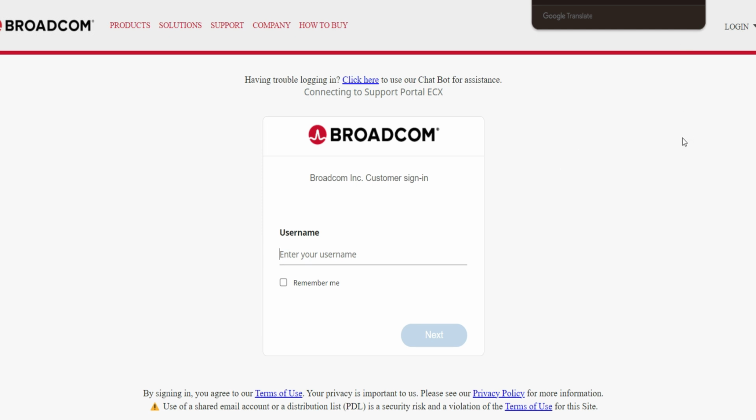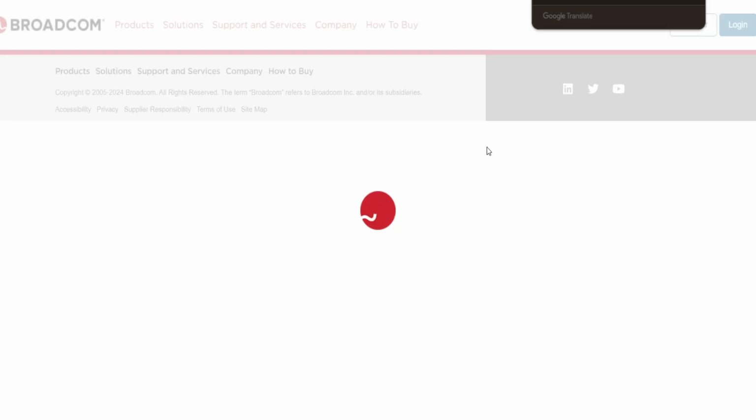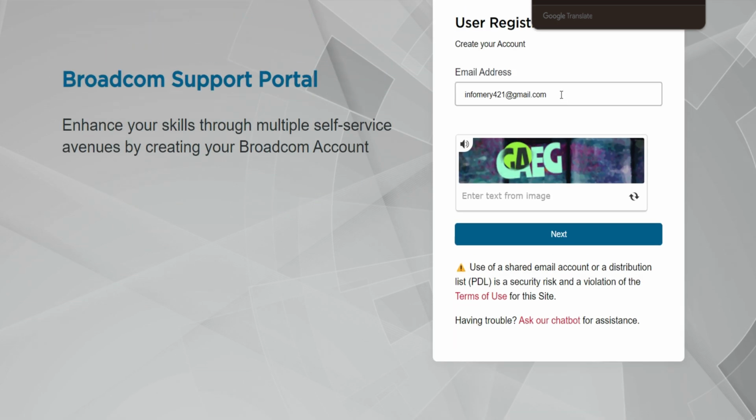It's another page where you need to make the registration. So here it is very easy, just click on login, and here you will find two options, login and register. Click on register. Then you need to enter just your email and the code in the CAPTCHA. Click next. Then you will find another